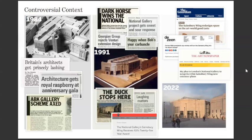This is a site that is no stranger to controversy. And while I don't think we need to go too deeply into the prehistory, it's really impossible to talk about Sainsbury without addressing the cultural battle from which it emerged, a story that is now mythological to the architectural profession in Britain. Prince Charles, now King Charles, during a public speech in 1984, bluntly eviscerated a number of expansion plans